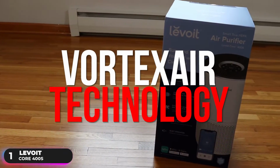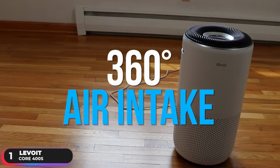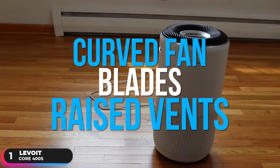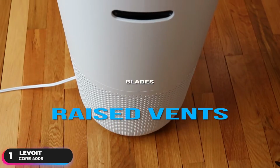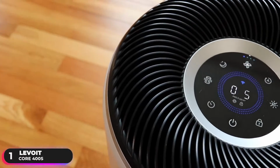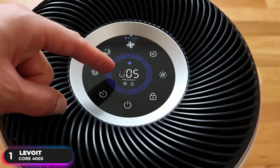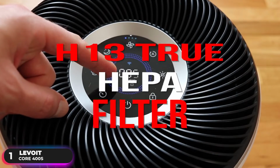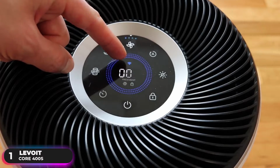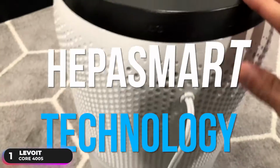With Vortex air technology, the purifier circulates fresh air using 360-degree air intake, curved fan blades, and raised vents. It uses 3-stage filtration to purify the air. First, the pre-filter captures lint, fibers, hair, and pet fur. Next, the H13 True HEPA filter captures fine dust, smoke particles, pollen, and pet dander, and uses HEPA Smart technology